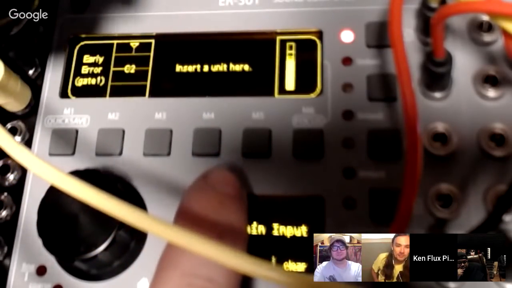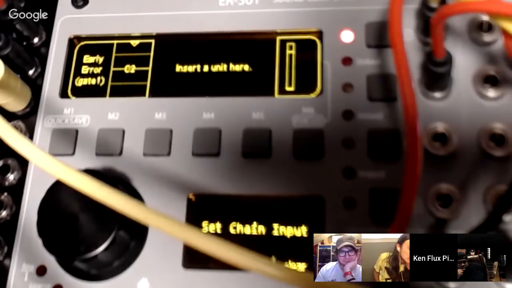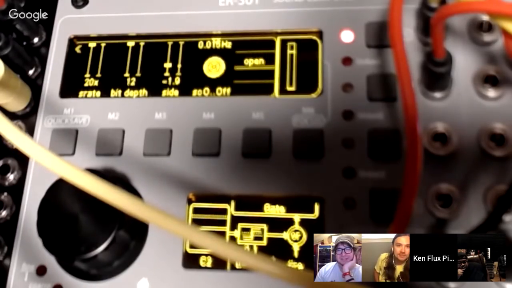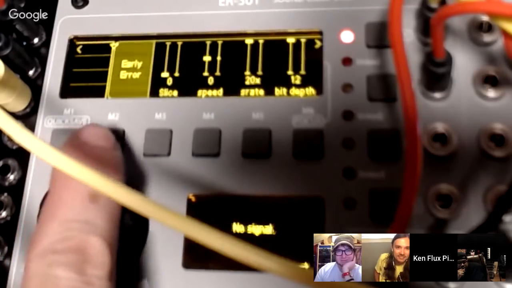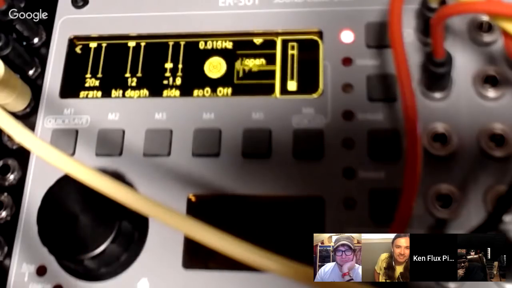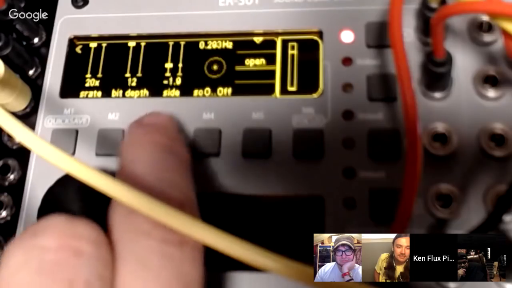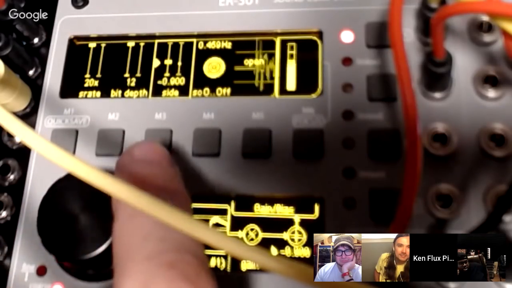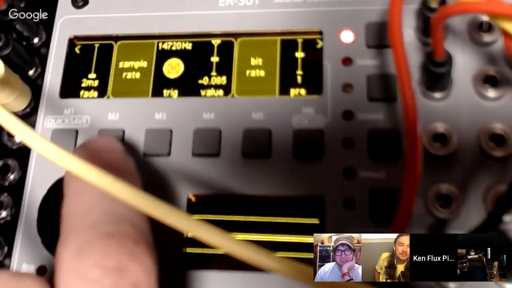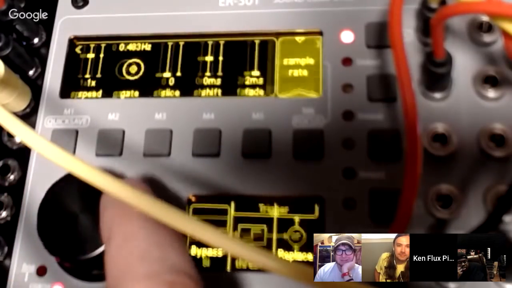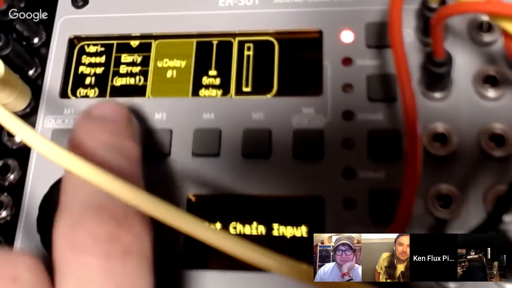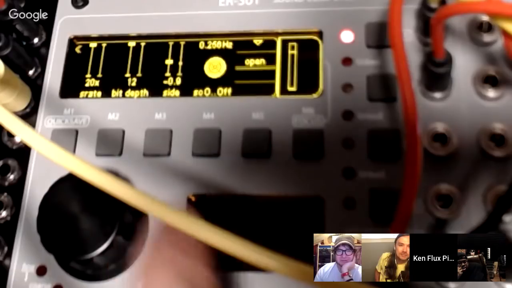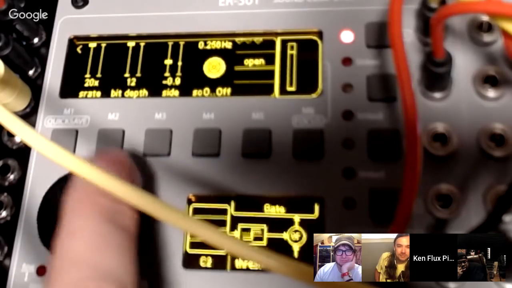I don't know why I'm triggering a sound though. Got something patched somewhere else? Let me double check to make sure that my actual gate to the sample player is not tied to that, because it seems like it is. That's kind of weird, right? We'll put this up here. Oh, there it is. For some reason, that's triggering that. So that should be gate 1. Why is gate 1 getting triggered by that?